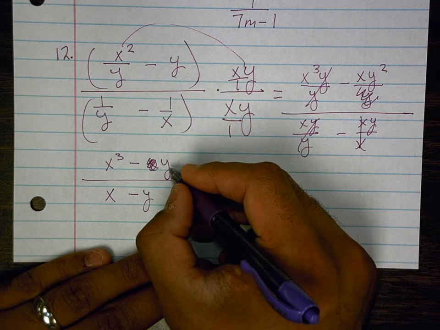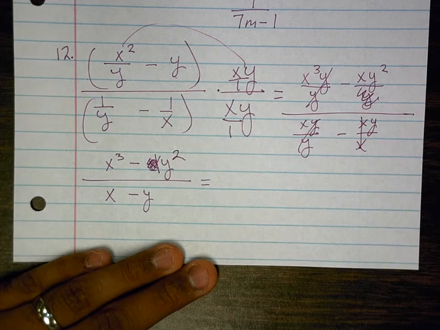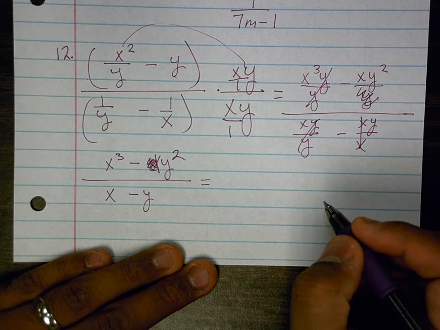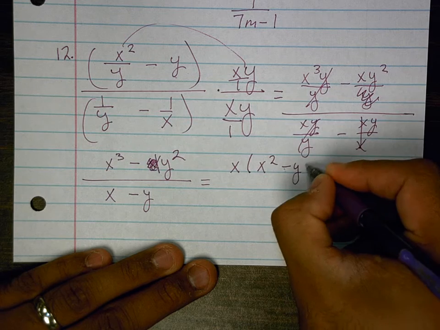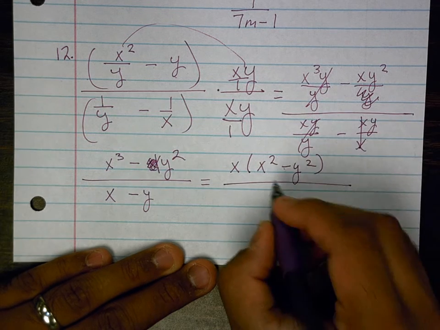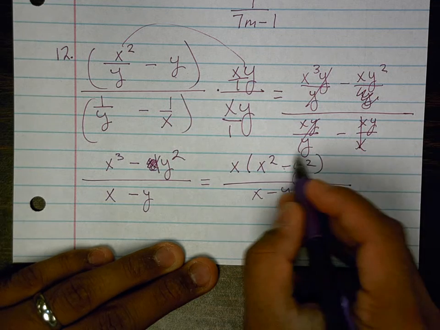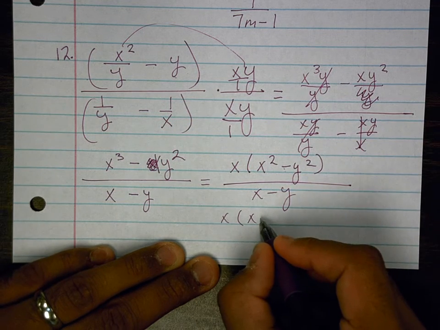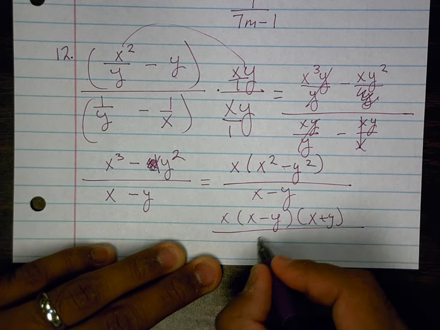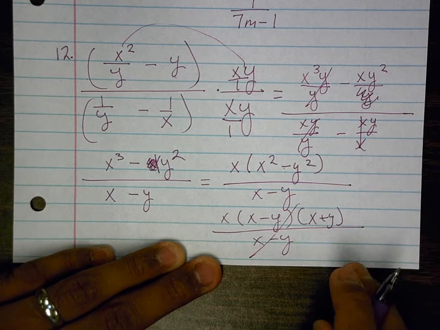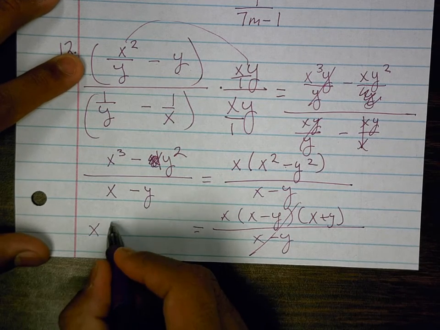So this should just be xy squared. And I still have a GCF of an x, so the x comes out, leaves it with x squared minus y squared all over x minus y. And then this is the difference of squares up top. And those cross off, and there's my answer, x. I know I'm running out of room here, but x times x plus